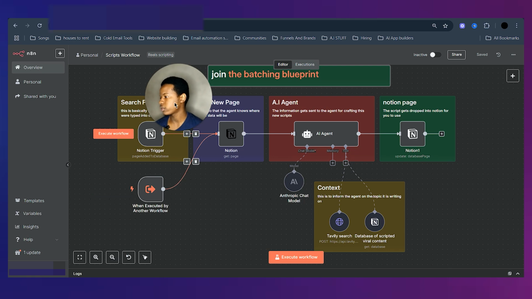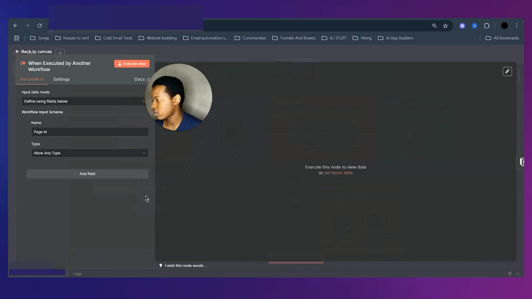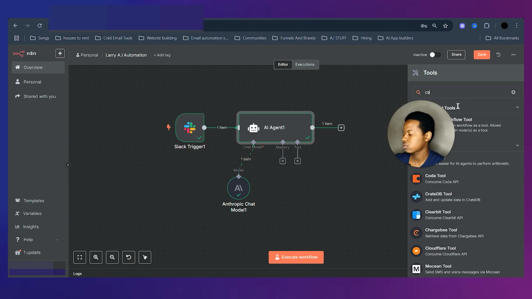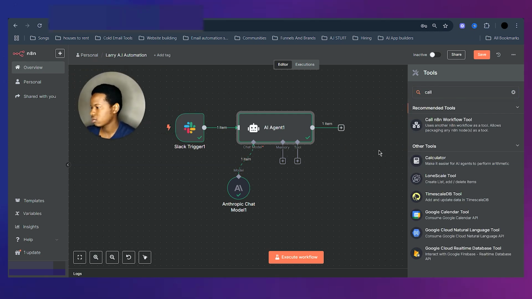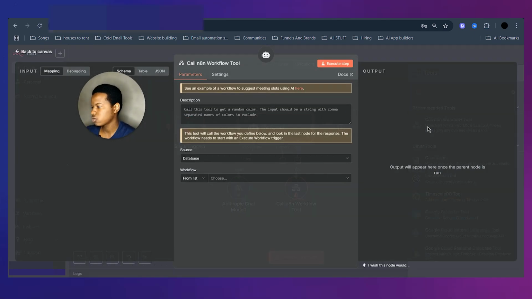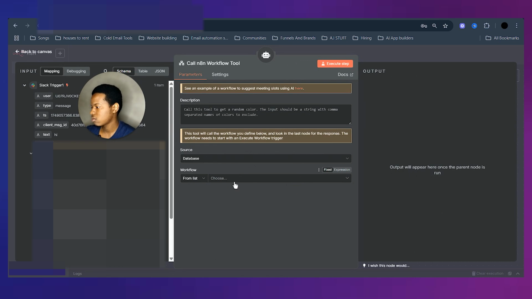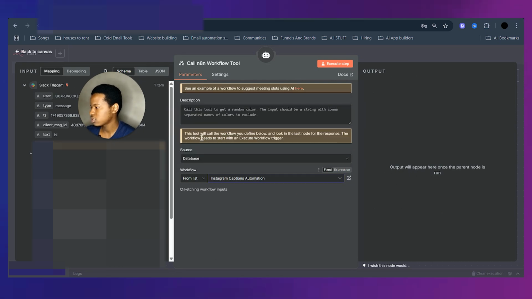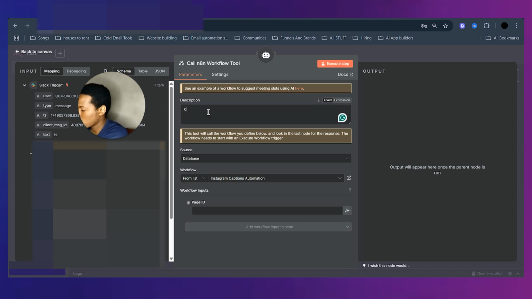And then I have the same thing set with the scripting workflow node. I have "when executed by another workflow," and that's also looking for a page ID. So that's how I have it set up. So the tool I want to use is the call n8n workflow tool. I'll add that in, and then I'll choose from the list of workflows that I have. I'll use the Instagram captions automation. Then I'll tell it to call